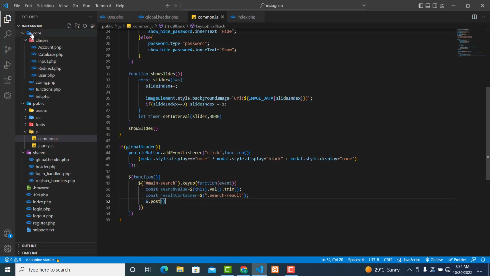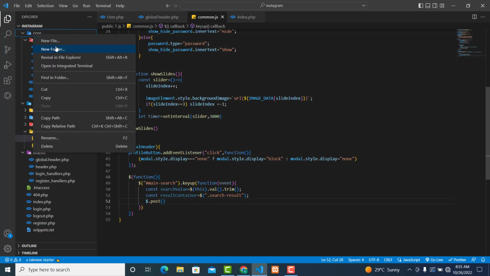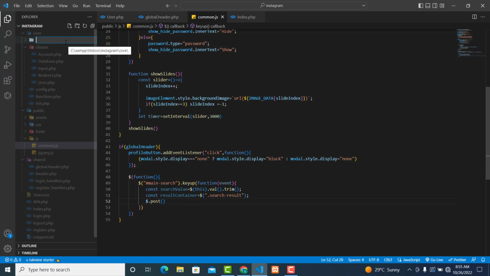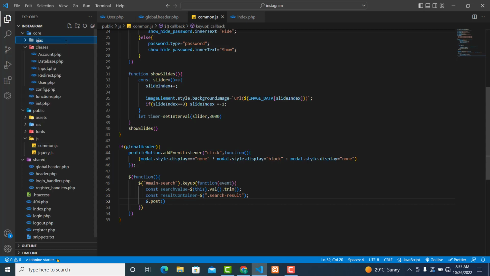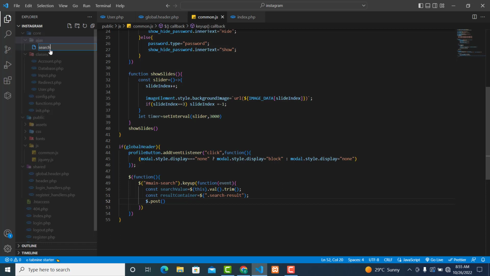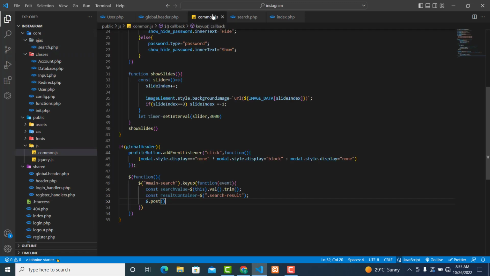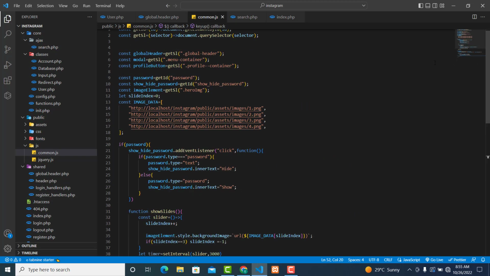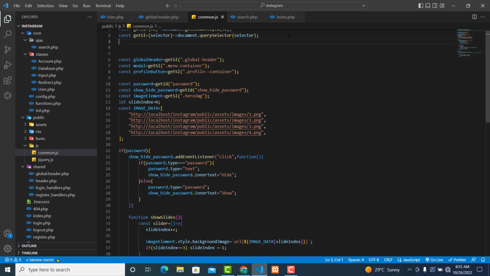Over here, create a new folder in your core folder. Call it pages. Inside it, create a new file. Call it search.php. Then over here, we'll create a variable at the top. Call it base underscore URL. That one will be our base URL. This one becomes